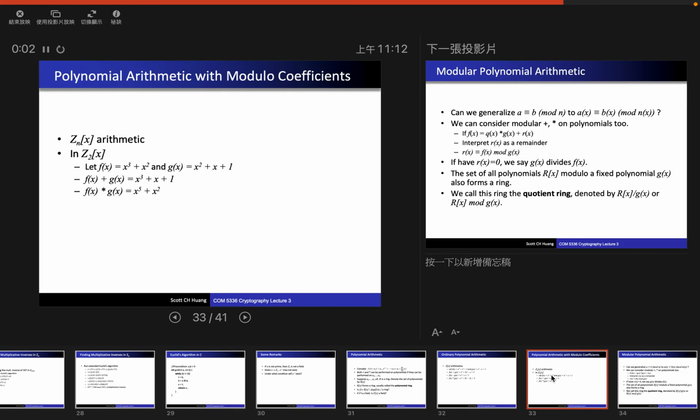Now let's take a look at the Z2[x] arithmetic. This is the polynomial ring. The coefficients are not integers; they're in Z2. Their operations, you can regard them as binary numbers with two operations, XOR and AND. If you add them, we have one copy of x squared,